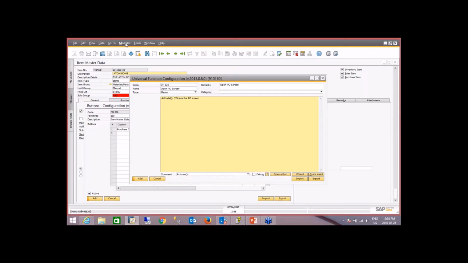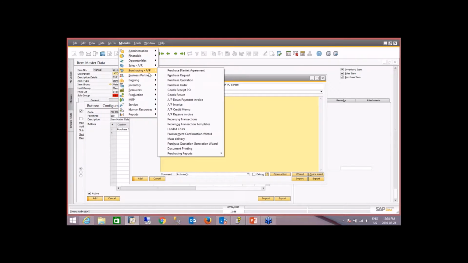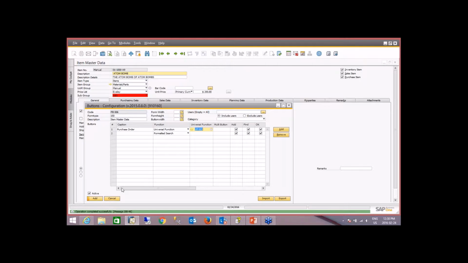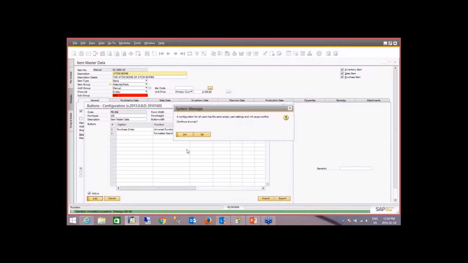How do we find out what that PO menu ID or that purchase order menu ID is? It's very simple. We go up to Modules, Purchasing, Purchase Order, and if you look at the very bottom left corner of our screen, it says Menu ID 2305. So we're going to type in 2305, and we're going to click on Add. Okay, so just like that,